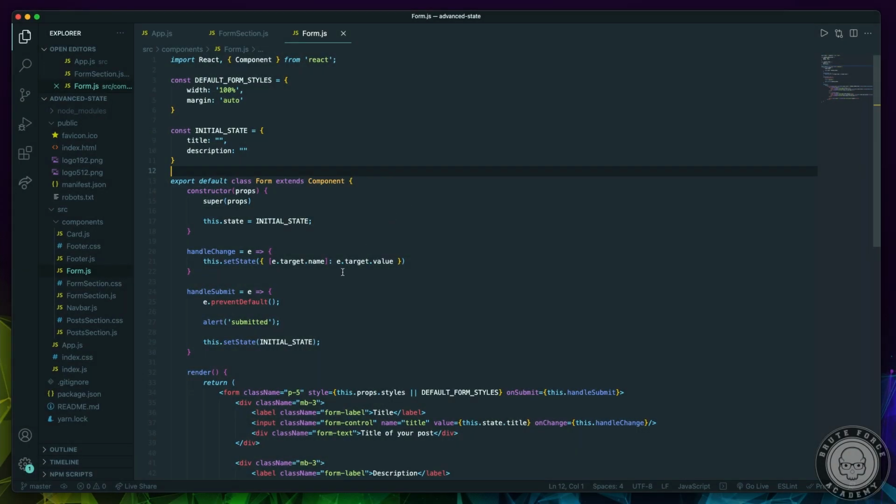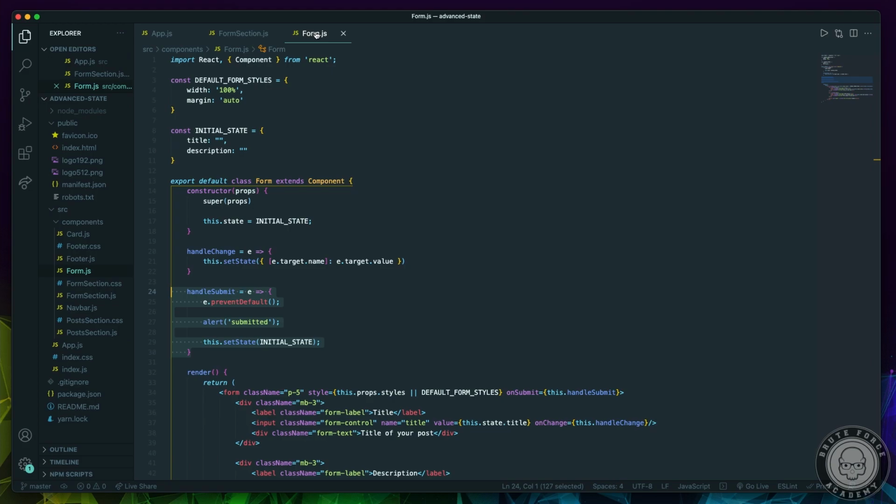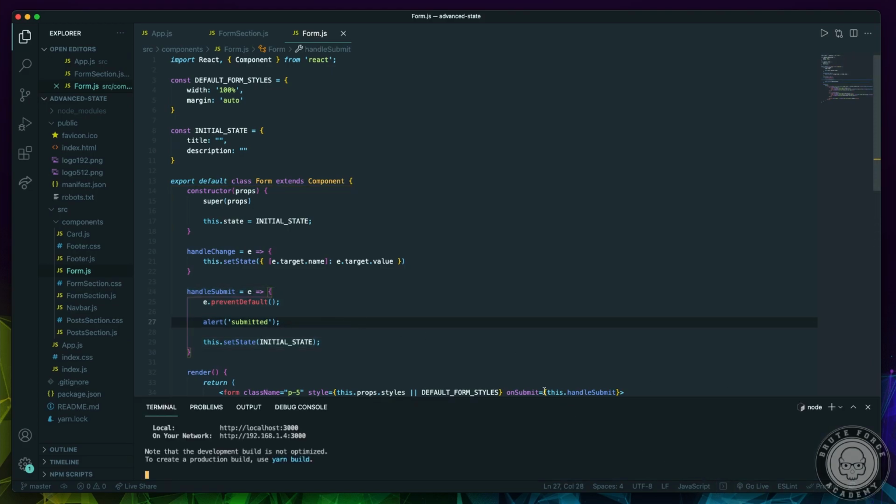And the second one being the actual handle submit method that will be in charge of getting the data that we wrangled and getting it to where it needs to be, the app.js file, the single source of truth. The first thing that we're going to want to do right now is pop open our terminal. And what I'm going to do is install a package that can generate a unique